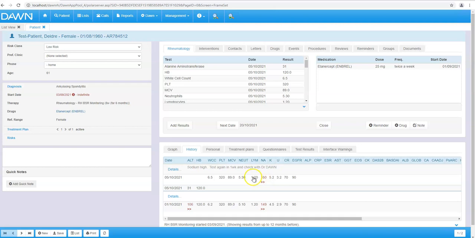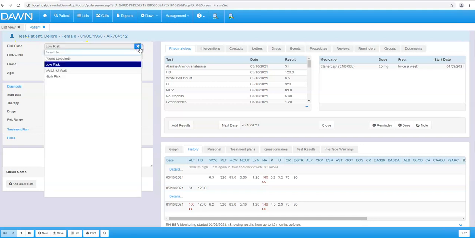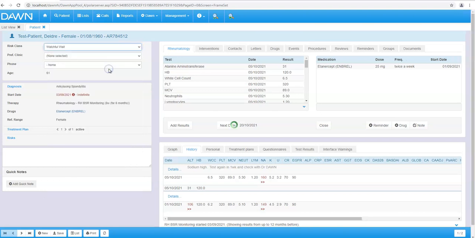So even if the sodium's normal next time, we want to manually have sight of these results. Now, that can be a problem if Dawn automatically moves them on to their next appointment. But we can stop it doing that by using something called a risk class. Now, I've got 3 options here in risk class. I've just got high risk and low risk, but I've also got one called watchful wait, which I'm going to